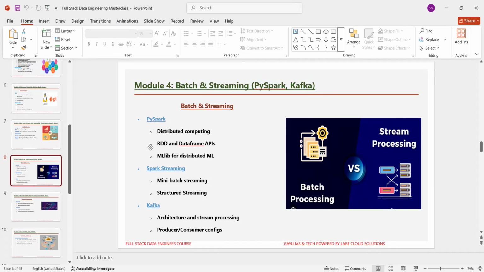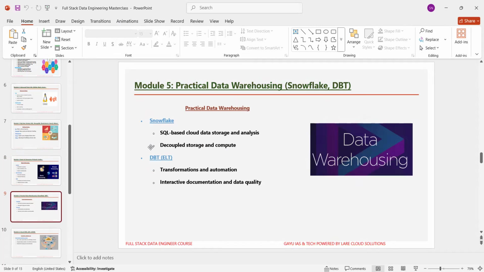Now, that is about module 4. Now, you'll go to the syllabus of module 5, which is practical data warehousing. Here, you'll learn about Snowflake and dbt, which is modern cloud data warehousing and transformations made easy. As data volumes grow, managing and analyzing data efficiently becomes critical, right?